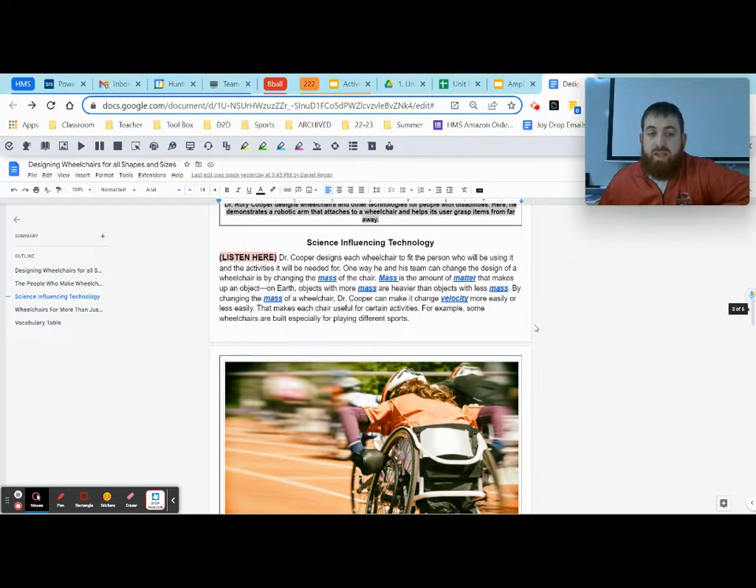Now, the second headline said science influencing technology. At this point in the article, our author was making an important claim that science influences technology. And this is a big claim, especially considering that we are trying to understand the science behind these wheelchairs. So, what we're going to do is take a step back and look to better understand our author, and more importantly, look at this claim that science influences technology and look to find evidence that supports this